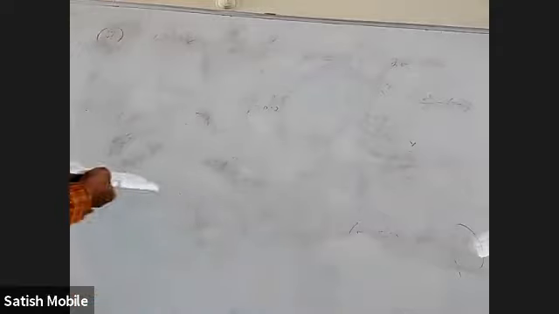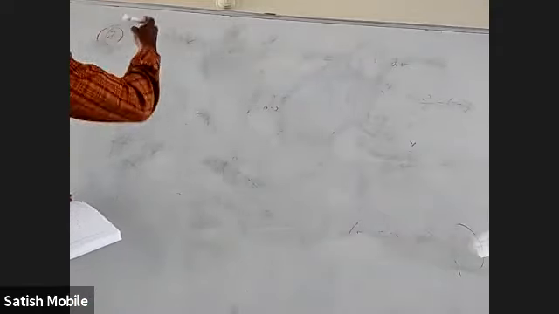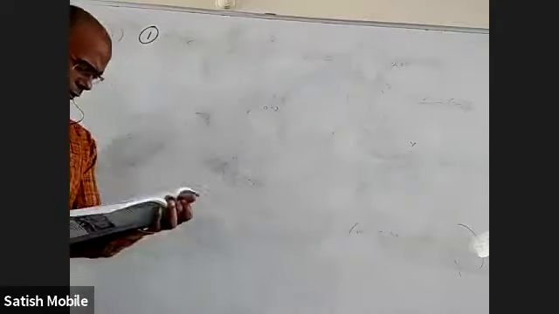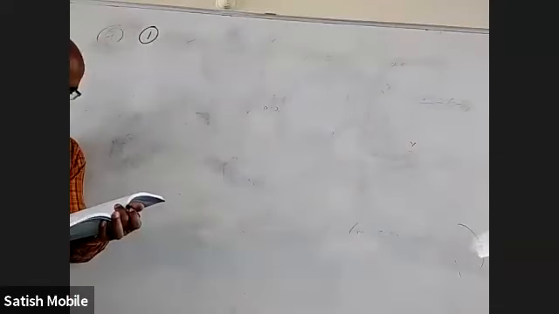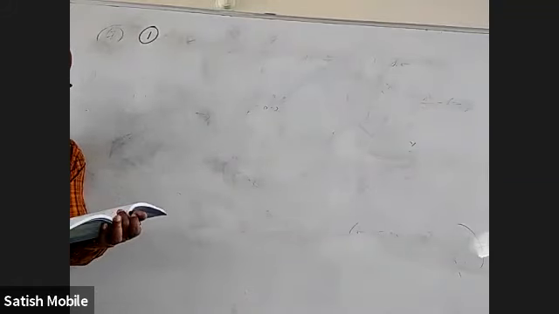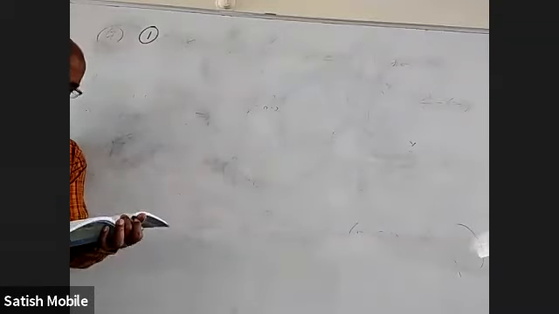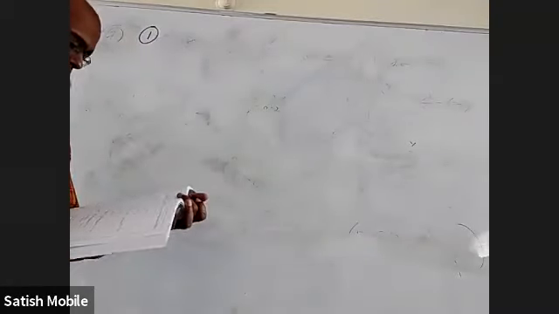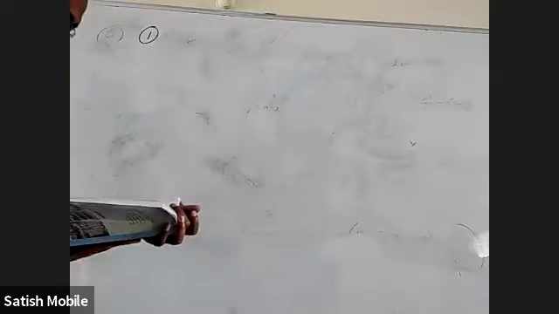Okay, first question. They just want f of x, and here also, what are the options? Between -2 to 2, what is the answer? After 2, what is the answer? And less than -2, what is the answer? That is because when you open up the mod, what will come? We have to know that, right?